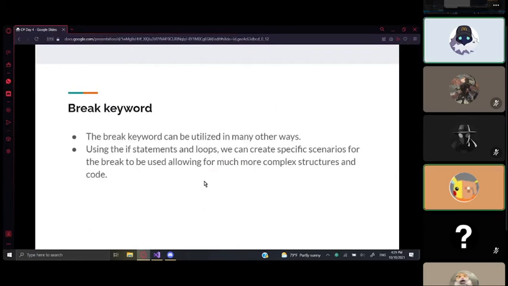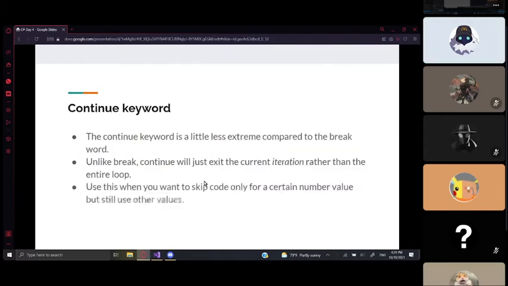Okay, so the break keyword can be utilized in many other ways. Using the if statement and loops, you can create specific scenarios for the break to be used, like for more complex structures. So the continue keyword, it's a little bit different. It's less extreme. Unlike break, the continue will just exit the current iteration rather than the entire loop. So you use this when you want to skip code only for a certain number, but still want to use the other values. So I'm just going to do an